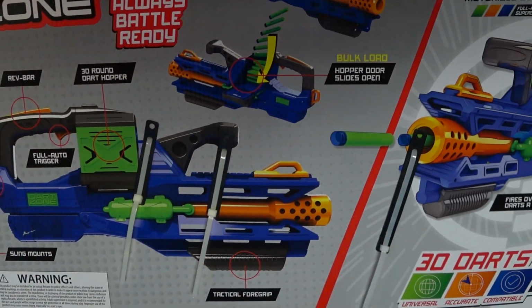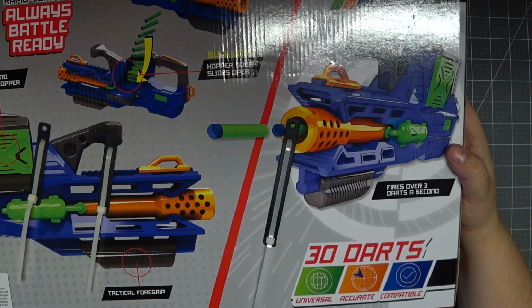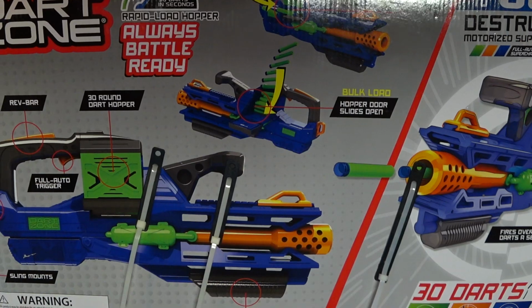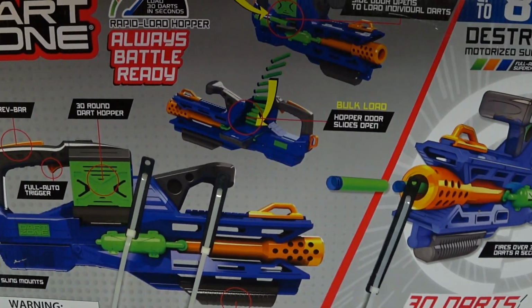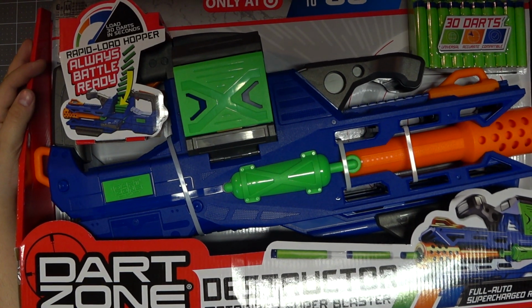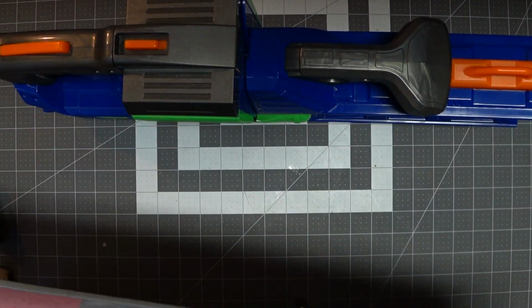So they really took the idea of the Commandfire and tried to make it as basically perfect as they could get it. I can excuse the fewer darts in the hopper as long as this thing functions all right. And, well, I need to get it out of the box because it looks awesome. The blaster itself, and of course,